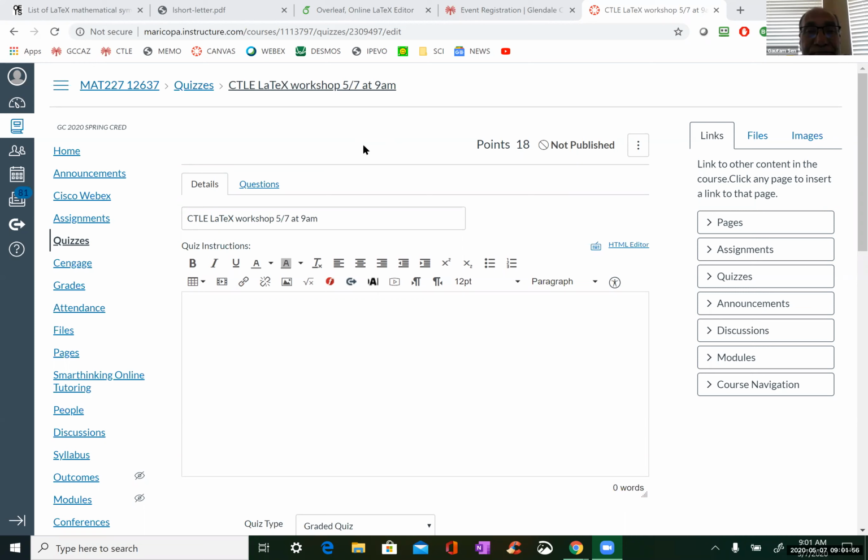Now, Walter, let me tell you how to get the chat to pop up as well, and then you can determine if you want people to send you chat or ask you questions. To see the chat on this screen, move your mouse up to the top, and you'll get a bar that drops down. At the end of that bar, you'll see a button that says More, with three dots.